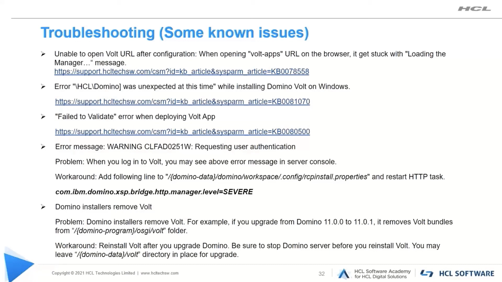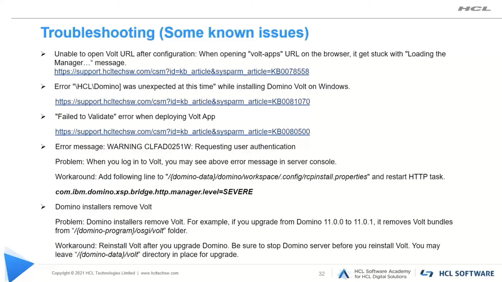In another case, the fully qualified internet hostname in the Domino server document was not matching with the server URI used in the Volt config database. The issue was resolved by correcting the server URI in the Volt config database to match with the FQDN as per the server document. Ideally, the FQDN name and server URI should be in lowercase.